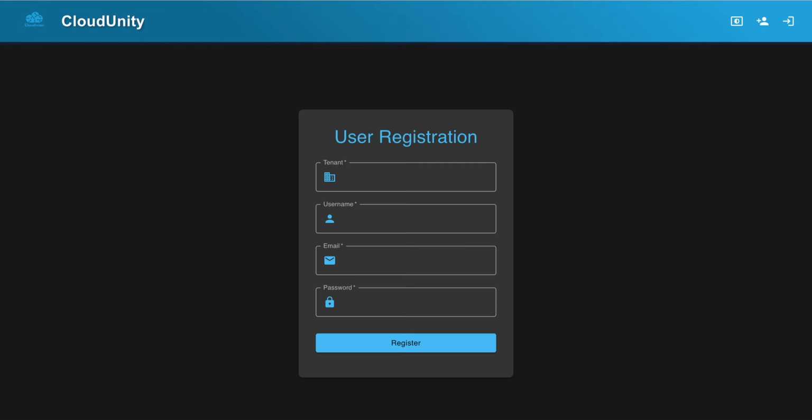Your first step towards joining CloudUnity would be the user registration. Within the user registration form, you will have to predominantly fill in these four fields: tenant, username, email, and finally the password. So, for the sake of this video, let's type in the tenant name as